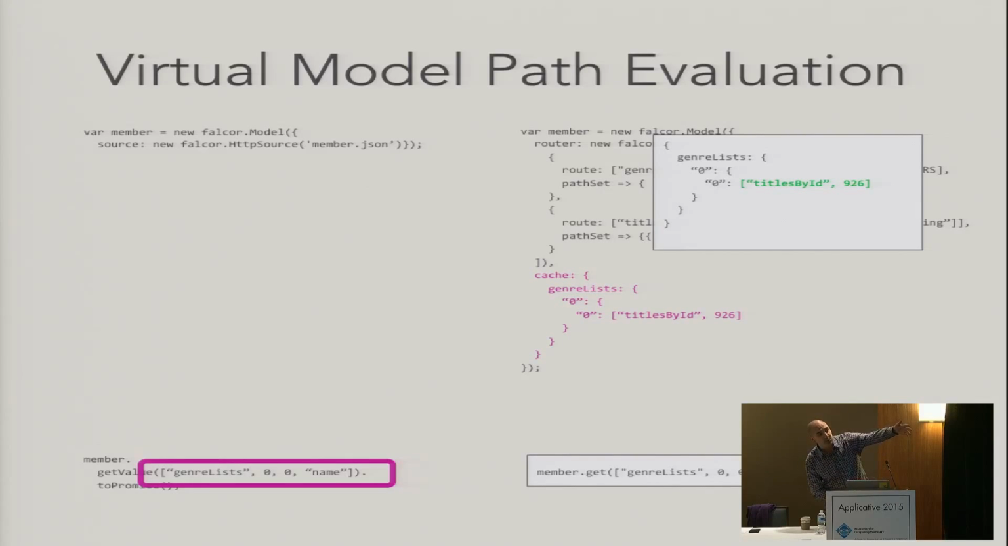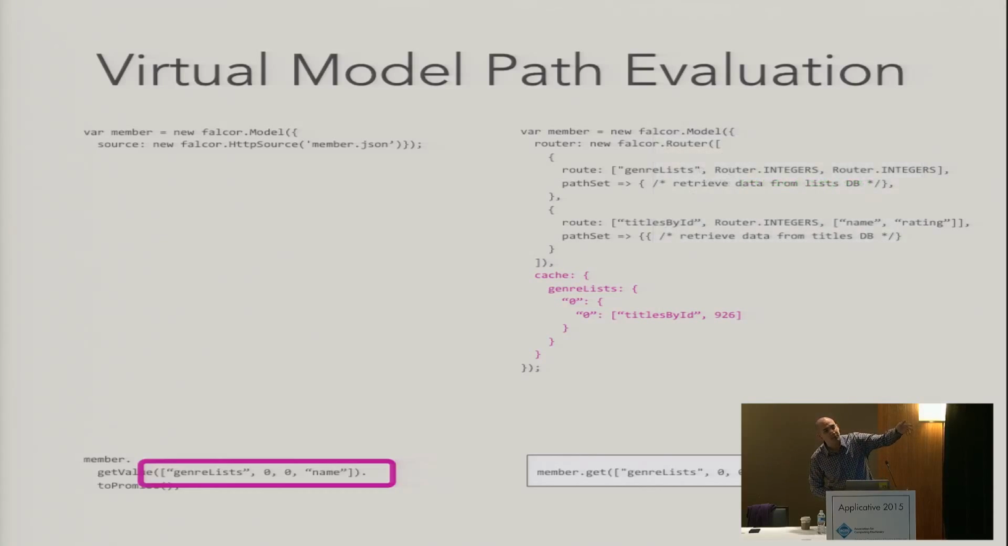So we've realized a portion of this path, but notice that this path only matched some portion of the path. We've asked for the name of that title, and this particular path matcher only matched genre lists 0, 0. And so we know there's still more to match. And so now that we've realized this portion of the path, we begin evaluating it. And we come across